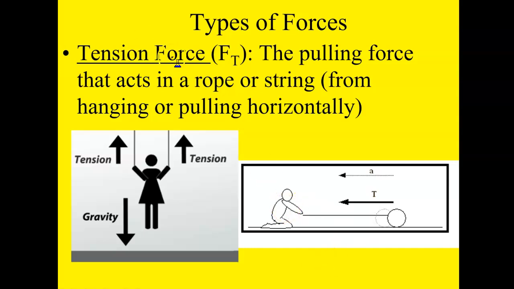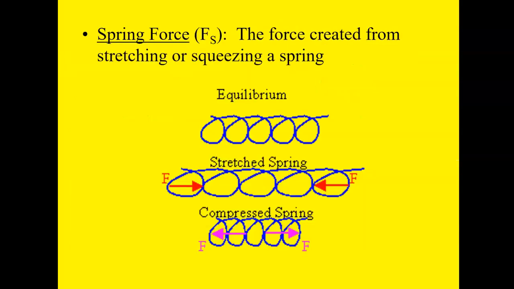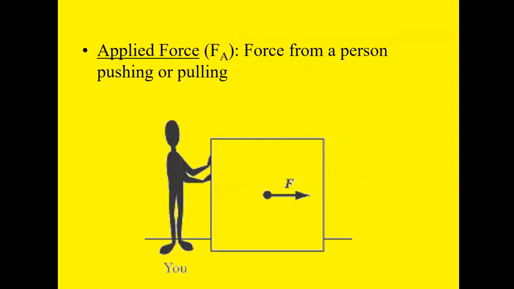So when you look here in your notes, F of T is the abbreviation for tension force, which is any force acting from a rope or a string, generally from hanging or pulling horizontally. Tension force has anything to do with a rope or string. Whereas spring force, which is F of S, is force that's created from stretching or compressing a spring. Applied force, which is F of A, is any force in which a person is pushing or pulling on the